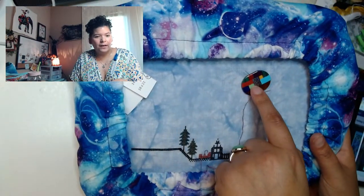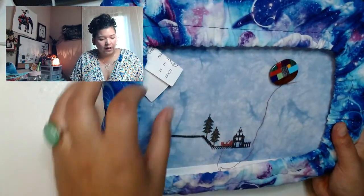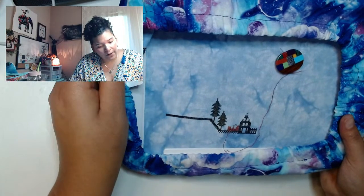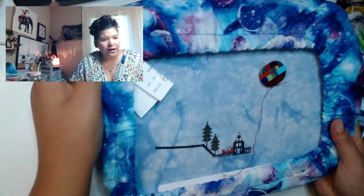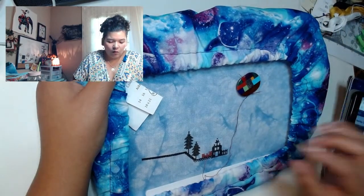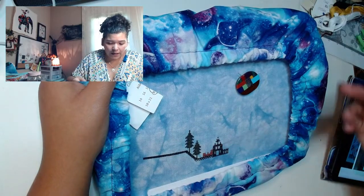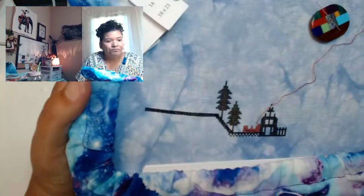This is a button that I made into a needle minder, and I also made my grime guards. The fabric that I'm using is called Reflection by Mystic Fabrics, and this is a 40 count using 1 strand over 2 threads of linen. I'm only working on this project